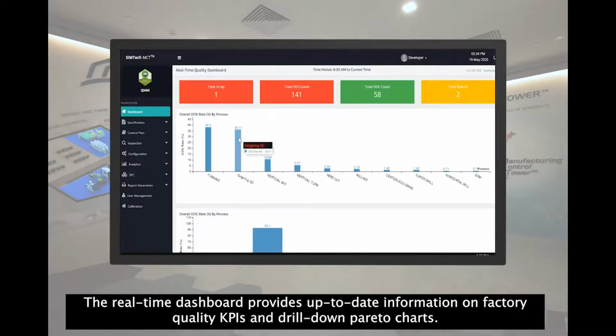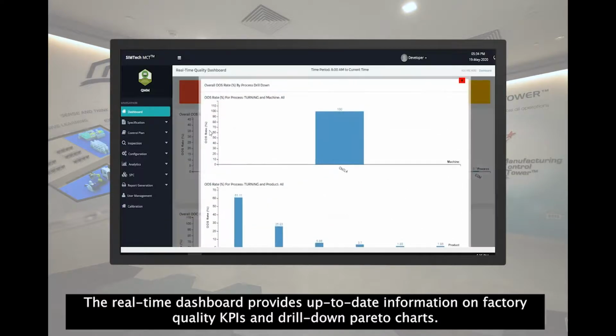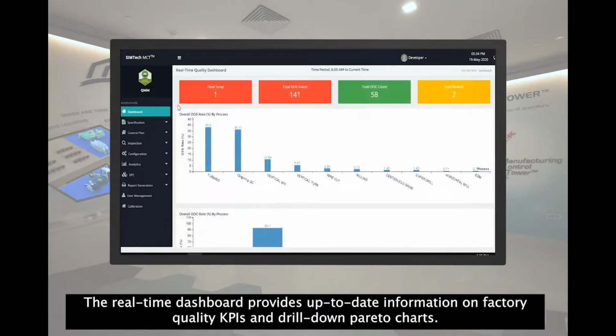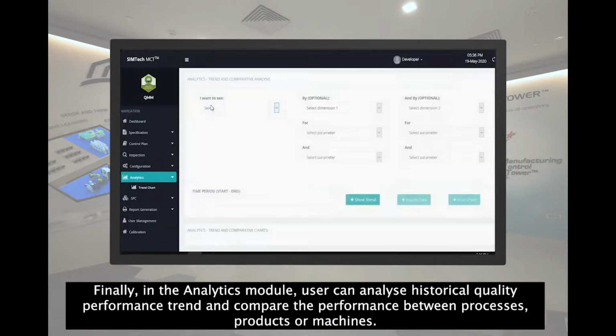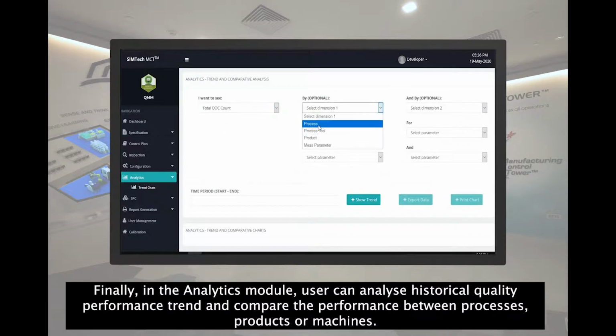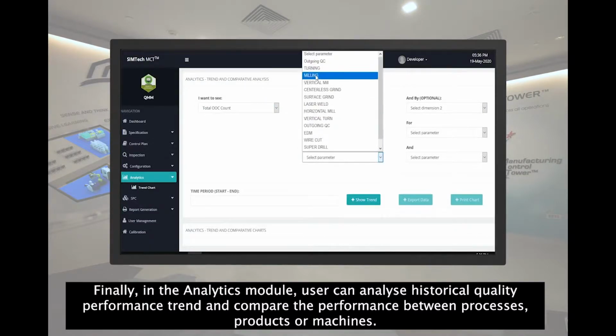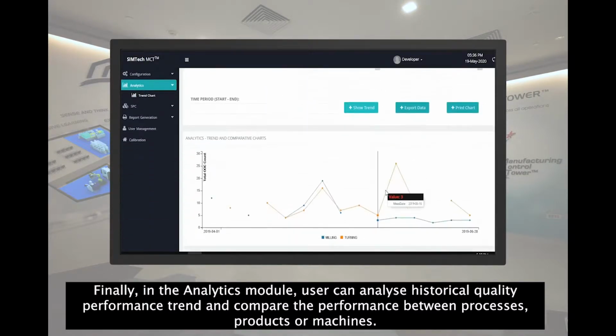The real-time dashboard provides up-to-date information on factory quality KPIs and drill-down Pareto charts. Finally, in the analytics module, user can analyze historical quality performance trend and compare the performance between processes, products, or